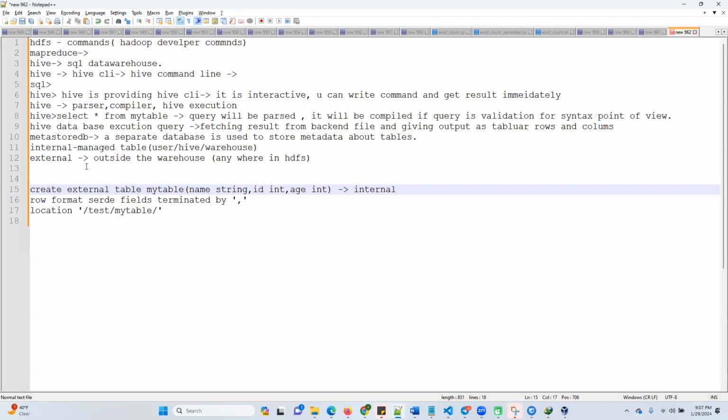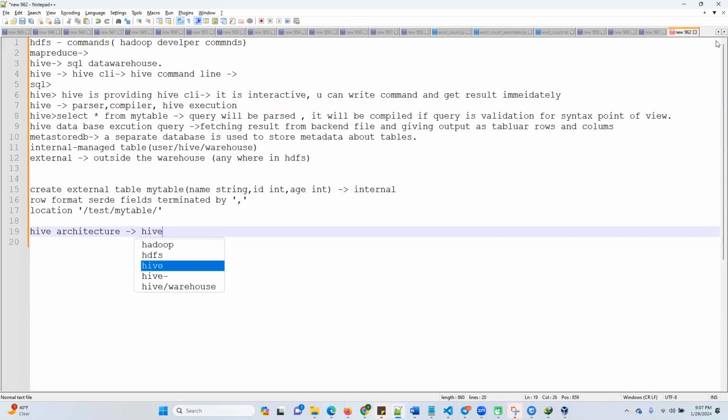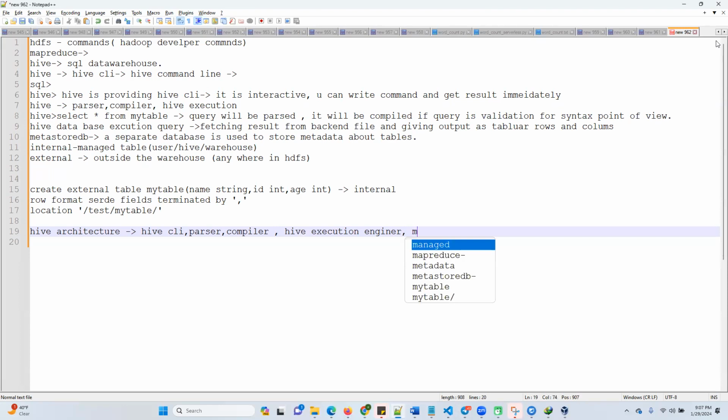So if you are talking about the components, one component in the Hive architecture... when I'm explaining the Hive architecture, I have to explain the Hive components. So Hive CLI is one interface component. Another one is the parser, the compiler, the Hive execution engine, the Hive Metastore DB,